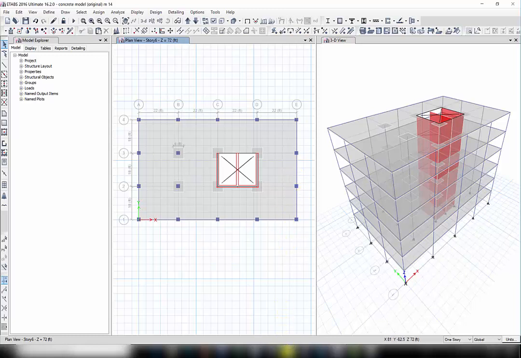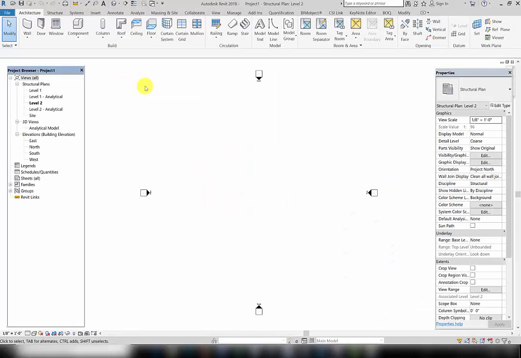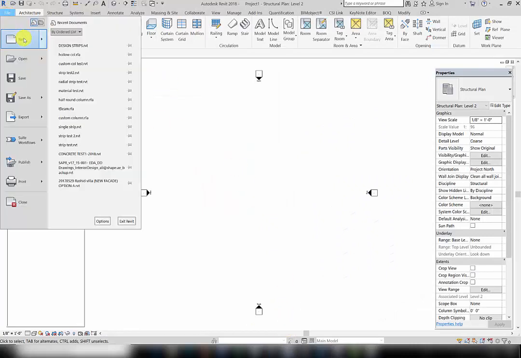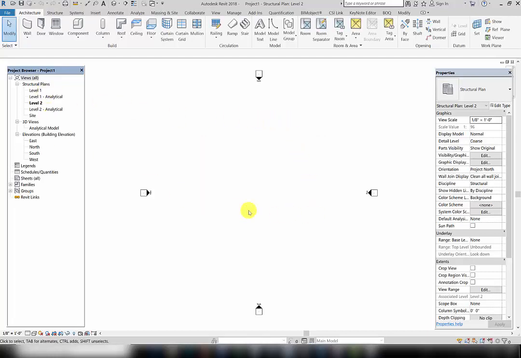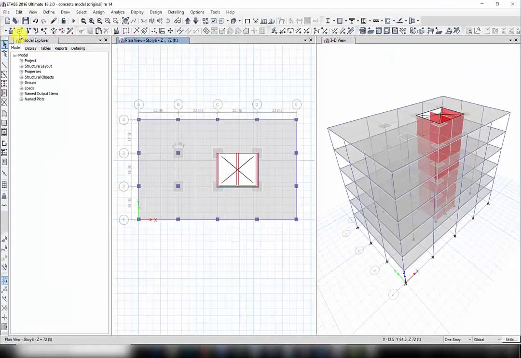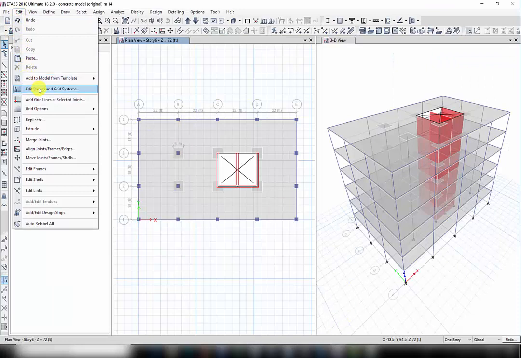So we'll start with an empty project. What you need to do is open a structural template and make a new project out of it. Once you create that empty project, you're going to see something like this, an empty project with 2 levels and 4 elevations. And we'll take it from here by setting up our levels. So in order to match the geometry, we're gonna look at the